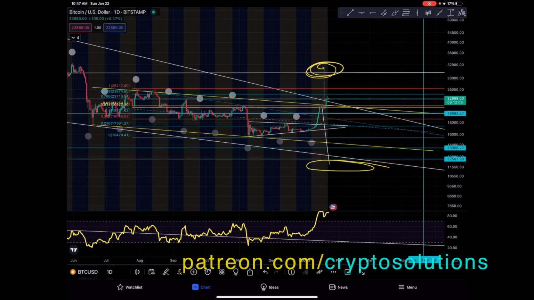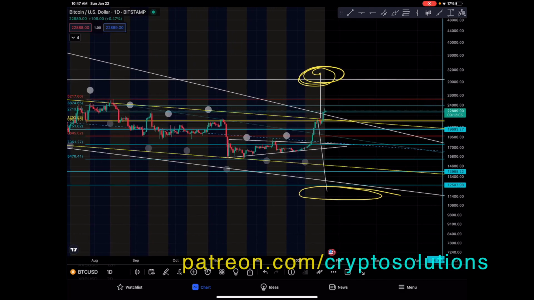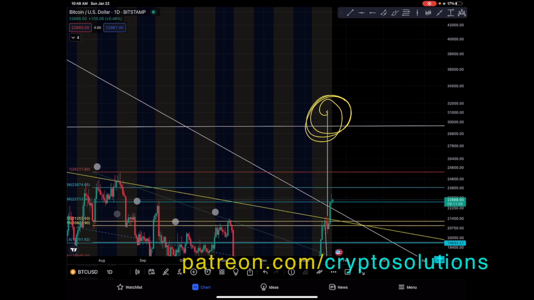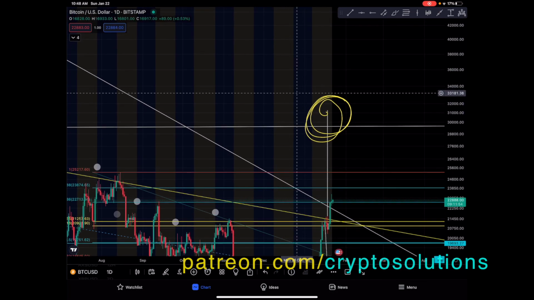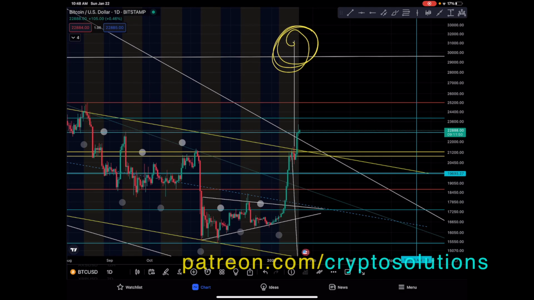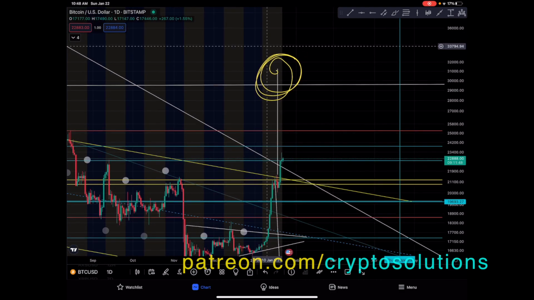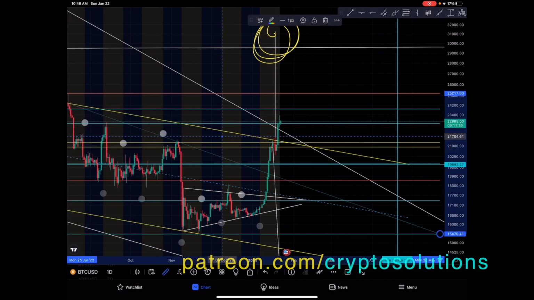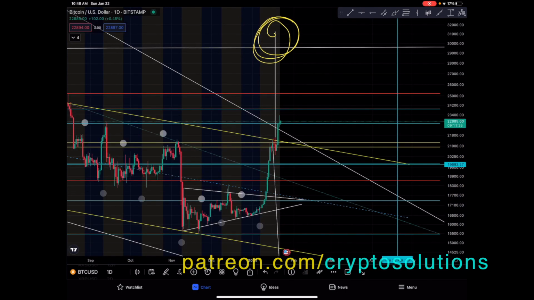And also using the moon phases right here, this is very accurate. Bullish, bearish, bullish. The yellow will be the bullish and the dark will be the bearish. And right now, this is the bullish scenario here. It's very close to ending. Usually the moon phases end around 14 days. So you see right here, 14 days and then boom, usually. And sometimes it can be even 15 to 16 days.